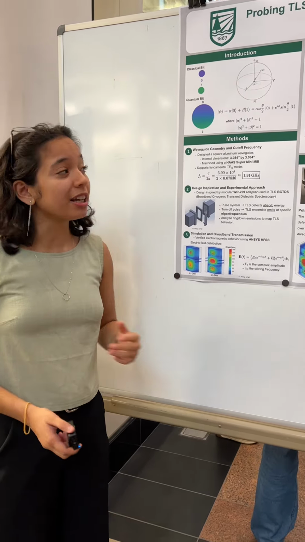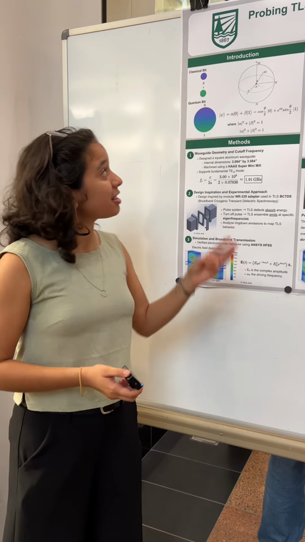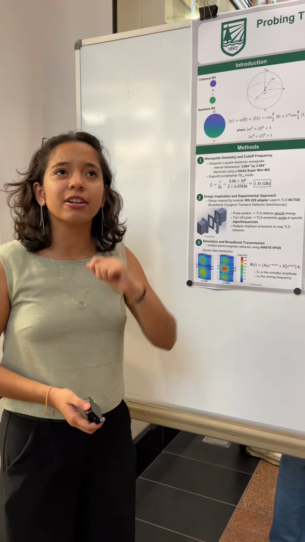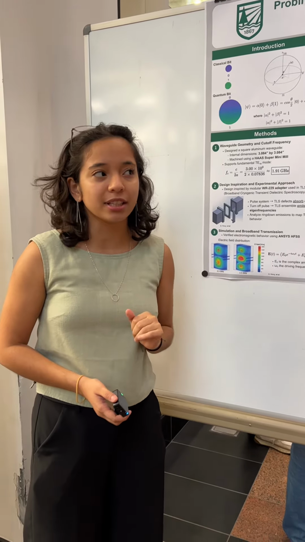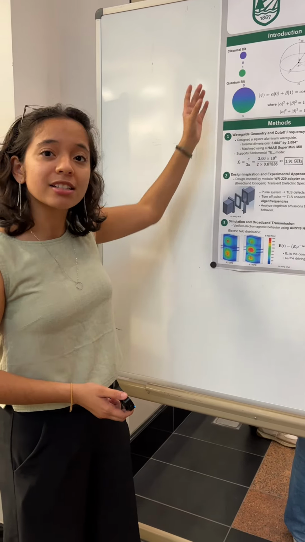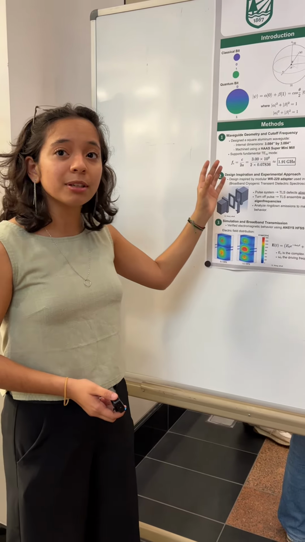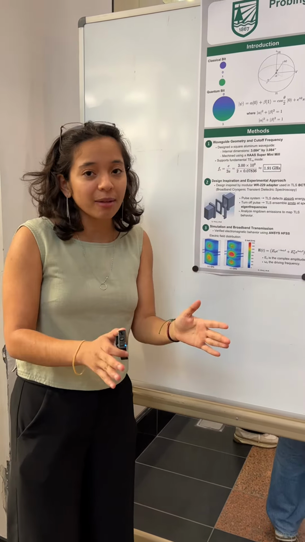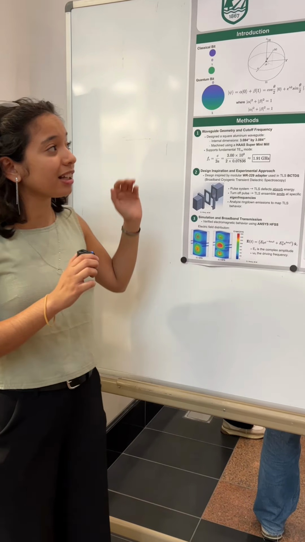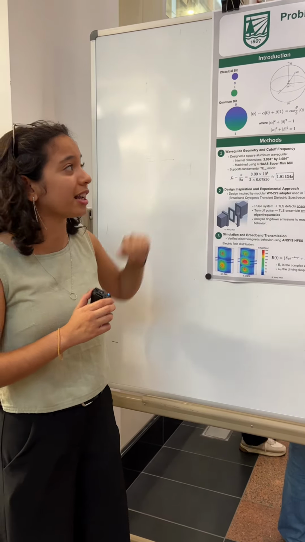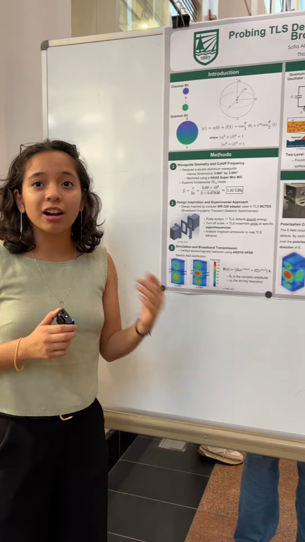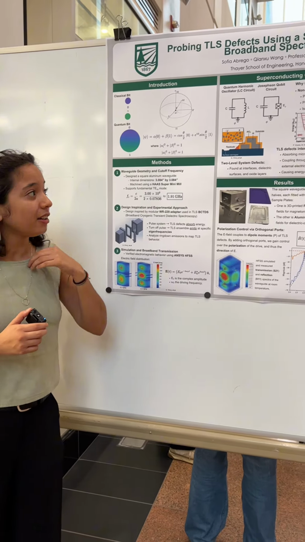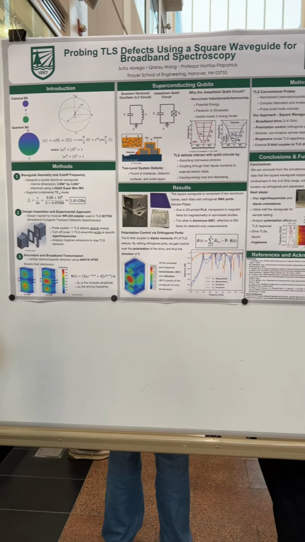So for example, if you were to have 3 bits, that would be 2 to the power of 3 combinations, which is 8 combinations. But the difference between classical and quantum computing is a quantum computer can process those 8 combinations at the same time, whereas a classical computer can only process one at a time. Because of this, quantum computers are being studied at a lot of institutions, and we want to study these qubits